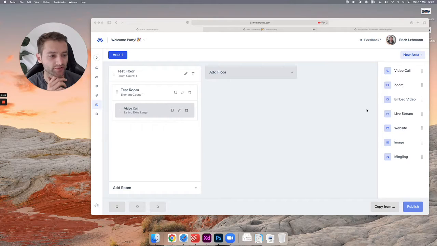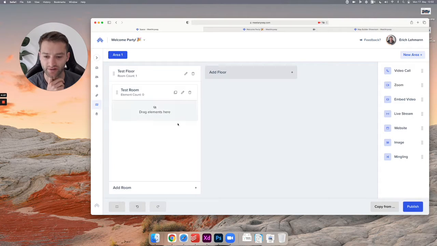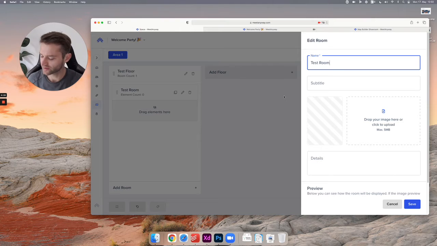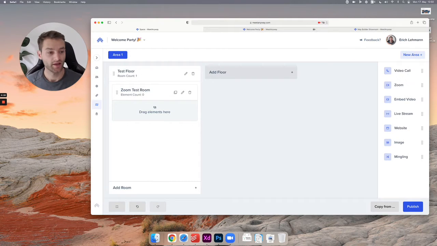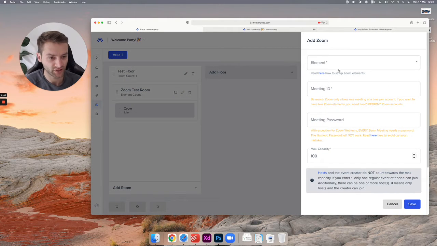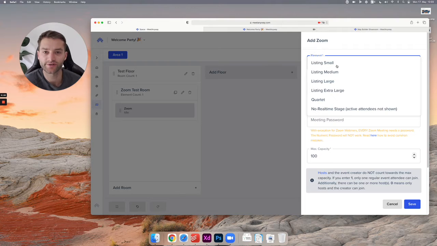Now let's talk about the Zoom element. I'll just delete the video call here. Let's call this not test room, but Zoom test room basically. And I'll drag and drop the Zoom call here. And you will see also with Zoom calls, just like with video calls, you have the choice of how to